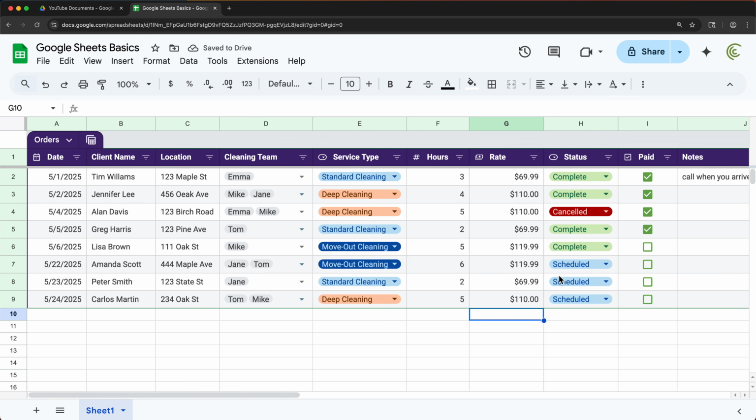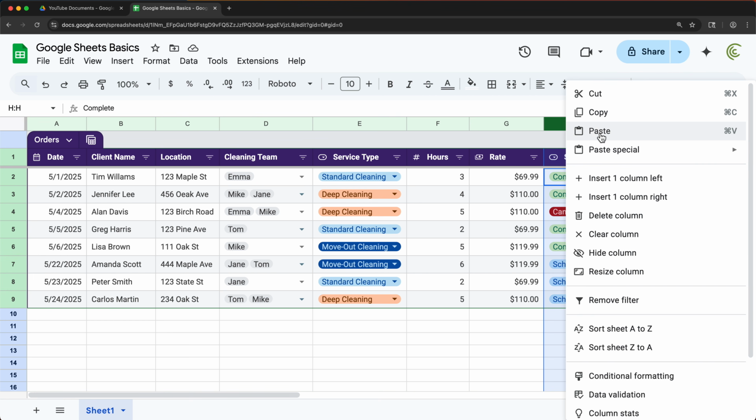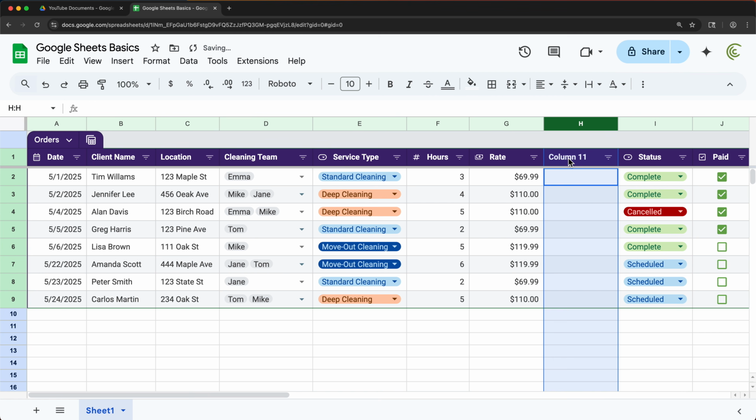So now let's get to writing some formulas. Now we would like to create a formula that will take this number of hours and multiply it by rate and get us the total for this job. So we'll just go ahead and add another column for this. I'm going to right click and insert a column. We'll call this one total. And for that, we need to take this 3, multiply by $69.99 and get our total. So to do this, we're going to